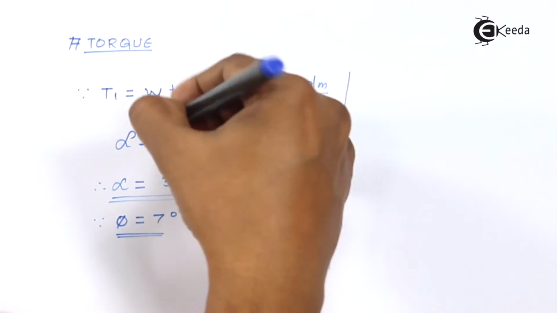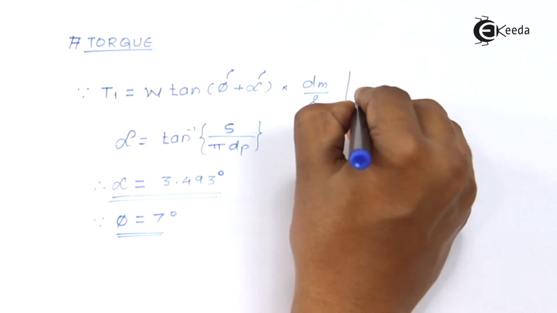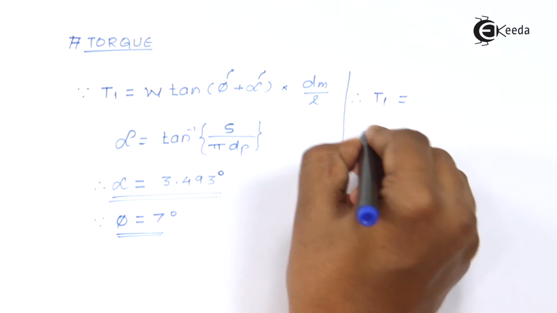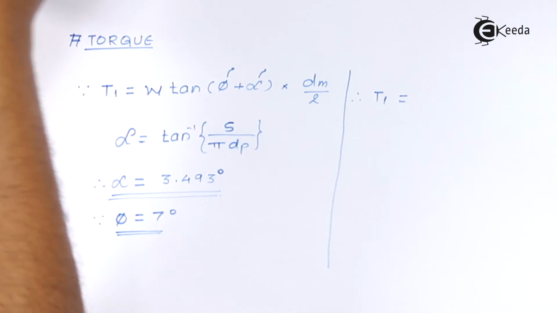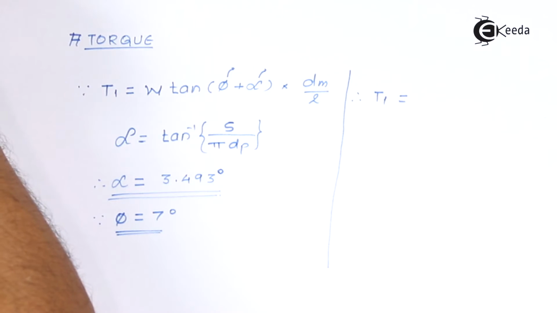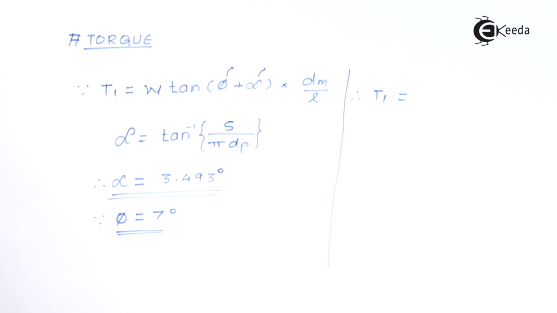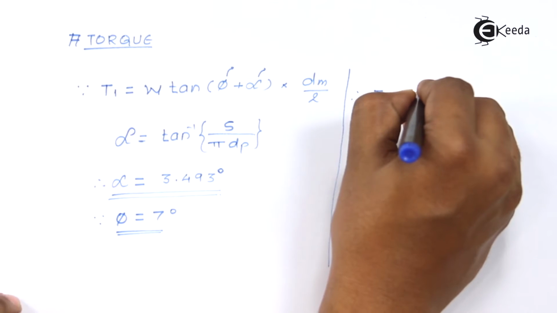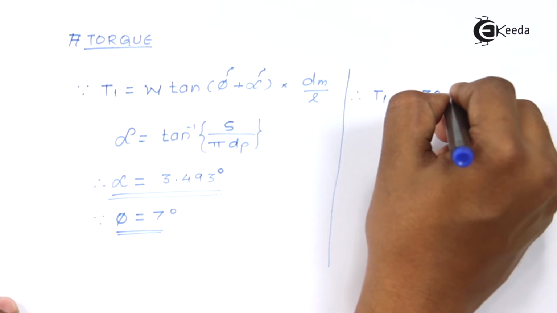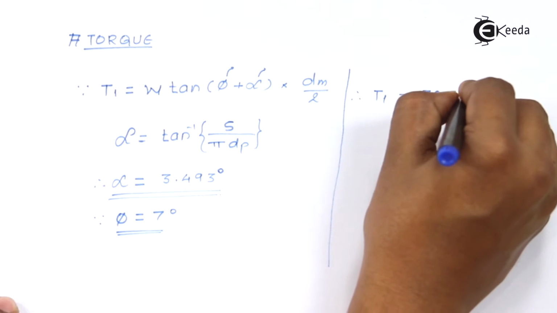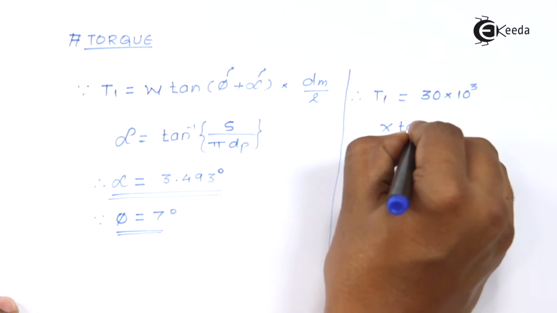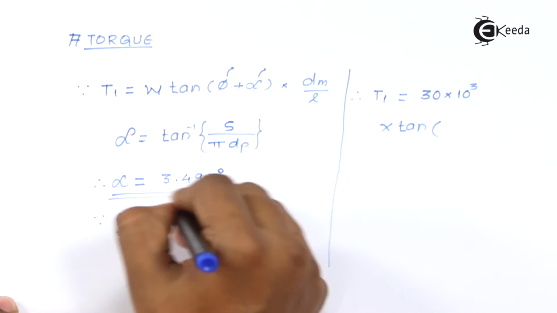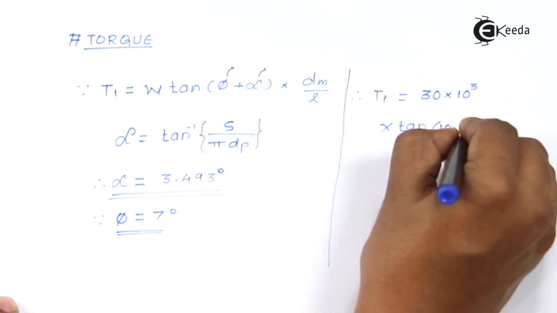Now using these two, I'm going to find out the value of T1. T1 comes out to be W, the load we already have been given, and I think it is 30 kilonewton. So we're going to use the value again. Let us put everything in Newton terms. So 30 into 10 raised to 3 into tan of the two angles. This addition becomes 10.493